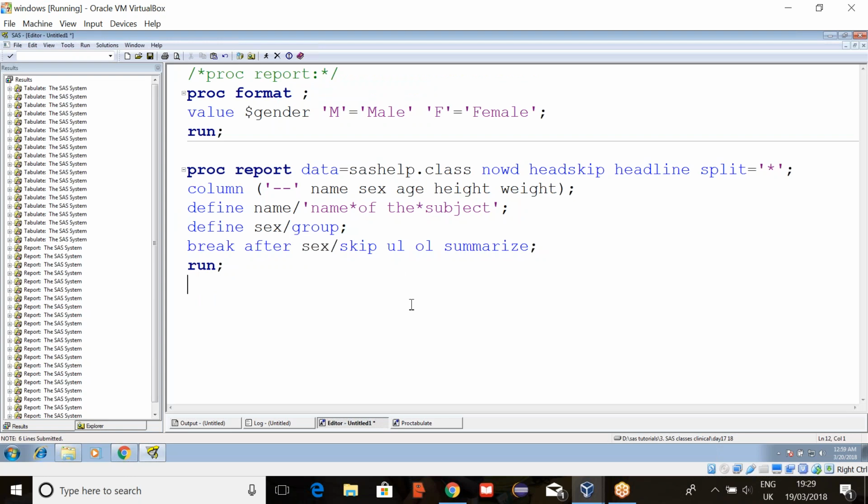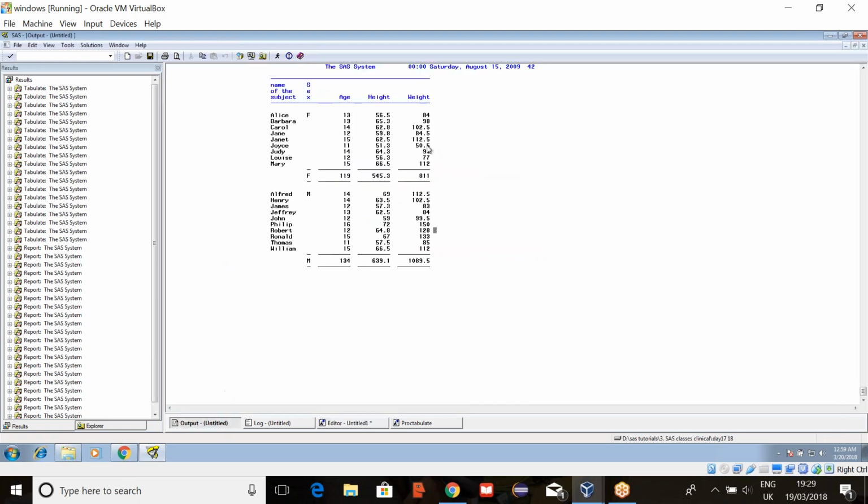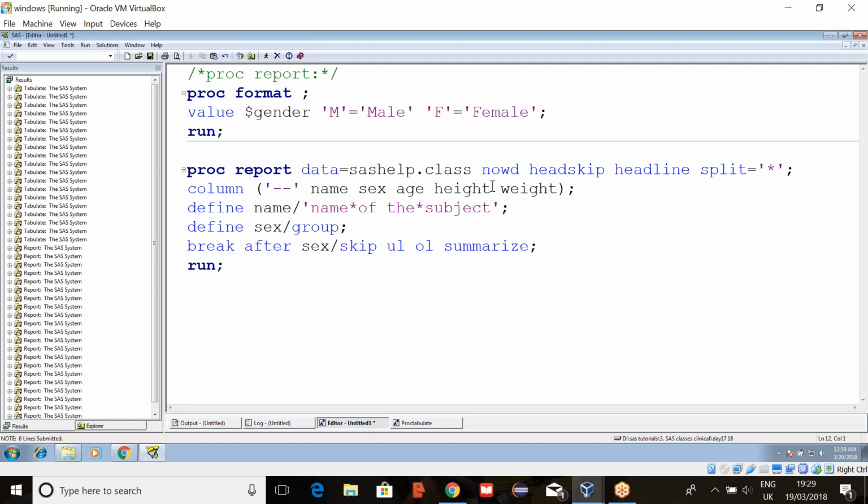Now coming to the statistics. Statistics we can generate in two ways. We can generate horizontally and also we can generate vertically, however we want. In case for weight I want to generate some statistics. So just give a comma and in brackets whatever statistics you want we can give here. Just count and then take an average.